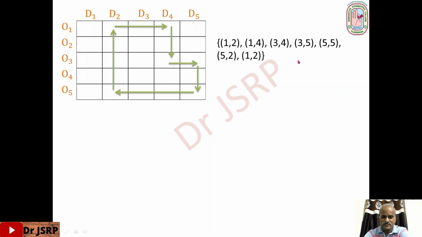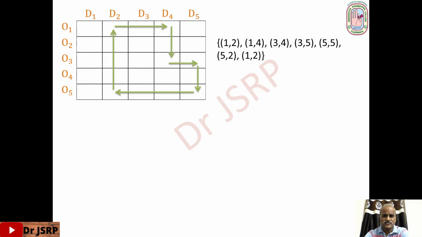And take the second condition. If you take three or more adjacent cells, for example these three adjacent cells, they do not lie in the same row or in the same column. These two lie in the same column, the fourth column, and this one lies in the fifth column. If you take any three or more adjacent cells in the set, they do not lie in the same row or in the same column.